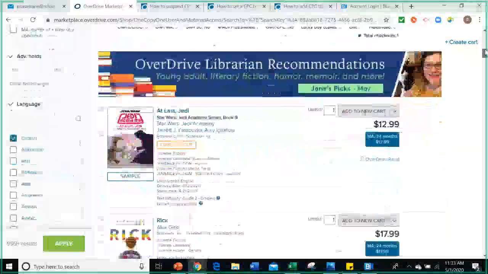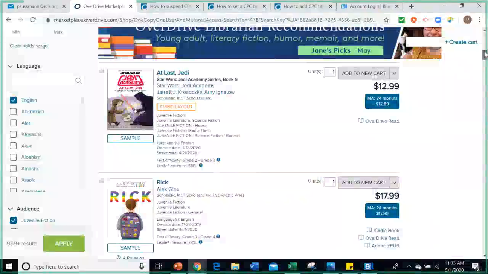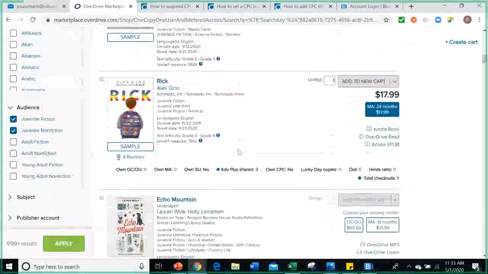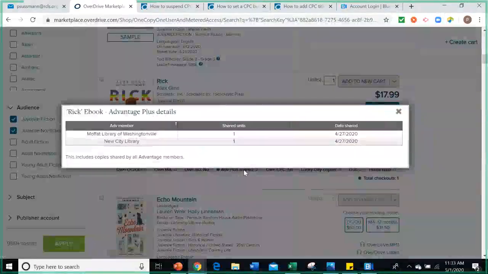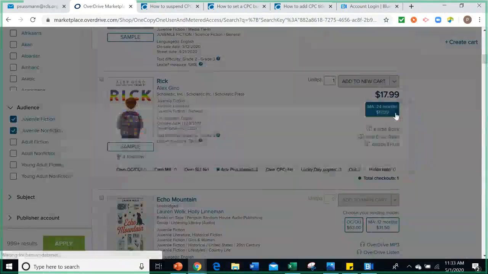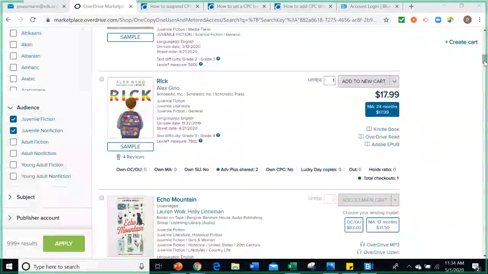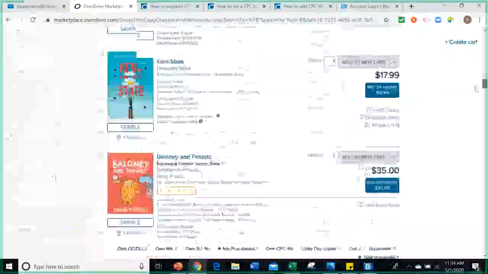It tells you how many checkouts there are. These are just coming out. You can see that there's an on sale street date of 4/21/2020. Like for instance, this title Rick. It was shared by Moffett Library in New City on 4/27. Trying to see if we see something that says